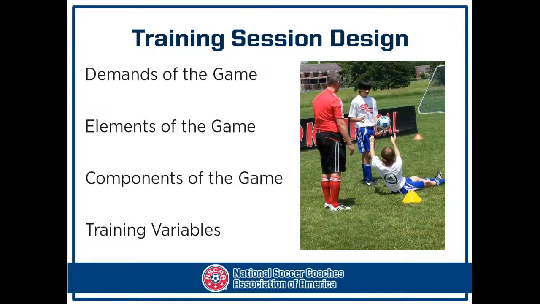We talk about the elements of the game as well. And some of these are repetitive, but it bears repeating. Some of the elements we're concerned with here are ball, teammates, field of play, direction of play, objectives. Things like goals and targets are the objectives of the game. Opponents, decision-making. Components of the game that I'm sure everybody's familiar with.